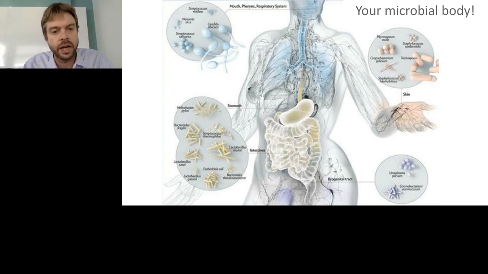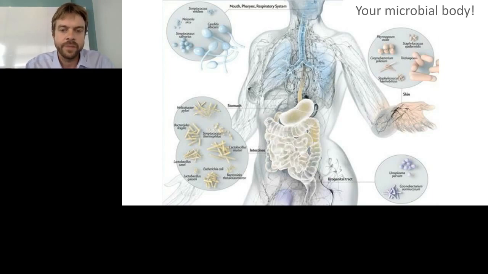You have around 100 trillion bacterial cells in your body, and everyone bandies around the number 10 to 1 in terms of 10 bacterial cells for every one human cell, but it's really more like around 2 to 3 times the number of human cells in bacteria. They do weigh around 2 to 3 pounds, which is about the same weight as your brain, so they're potentially very important. The vast majority of them reside inside your gut, but even your skin is intricately integrated into microbial ecology. There are bacteria from the surface deep down into the sublayers, and they inhabit very, very complicated niches